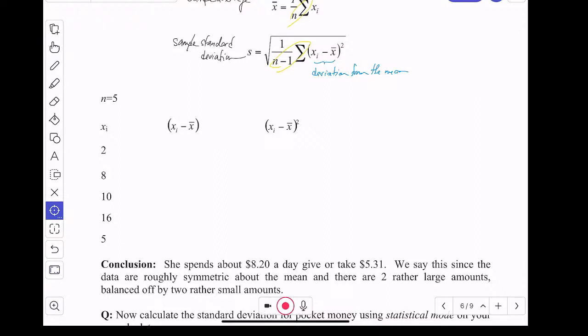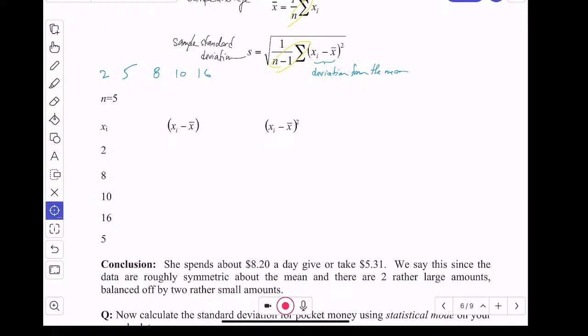We have to make a comment first that there's only 5 observations here, but whenever we calculate the mean, we have to justify that we have a symmetric distribution, right? Otherwise, it's not the right measure. And this all makes sense by the time I'm done. But, okay, so we have 2, 5, 8, 10, and 16. And the question is this: